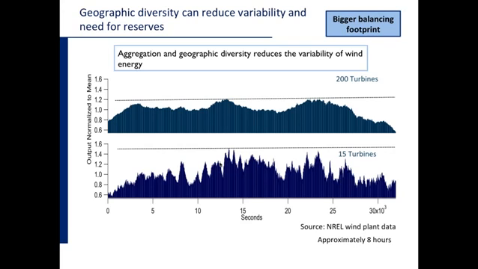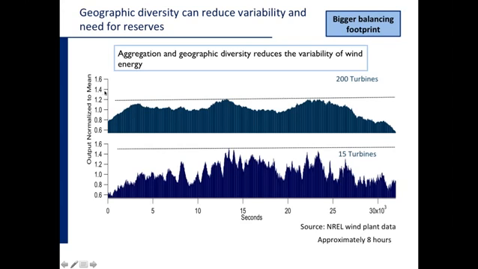These, I think, are about 600 kilowatt turbines, and grid-connected wind turbines today range from maybe 1.5 megawatts to 3 or 3.5 megawatts. So these are fairly small turbines, and they're going to react quite differently to the wind as a modern turbine would. So you can see a lot of variability with the 15 turbine group, and as you move up to the upper panel, you can see how a larger number of turbines, 200 turbines in this case,